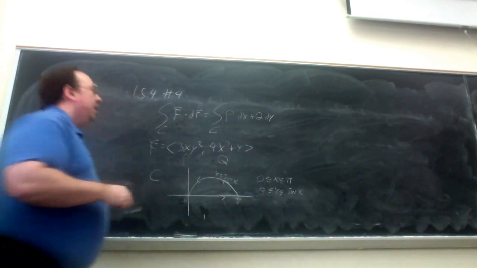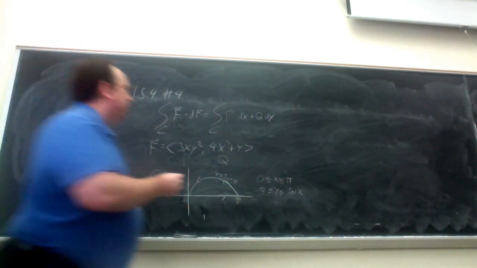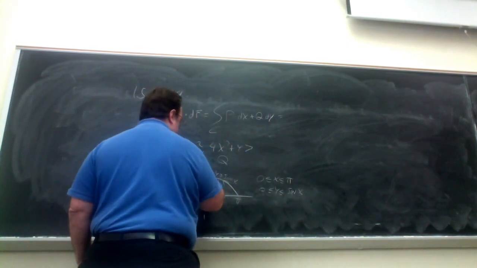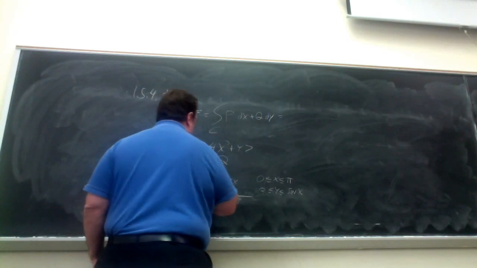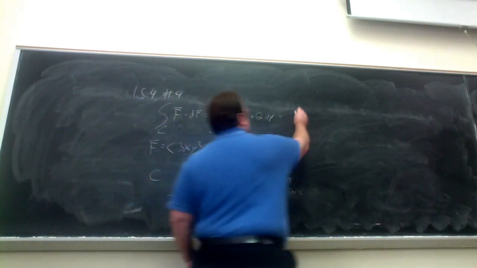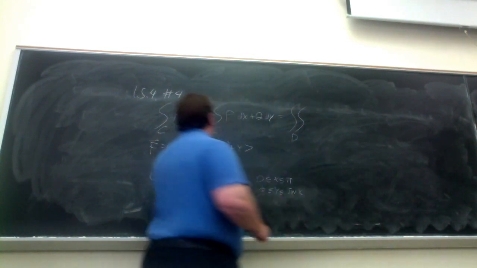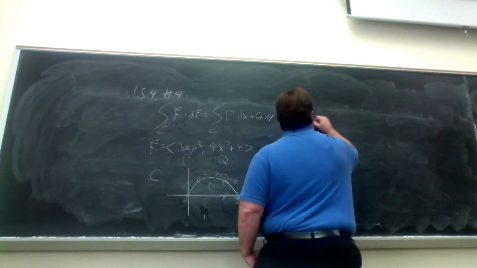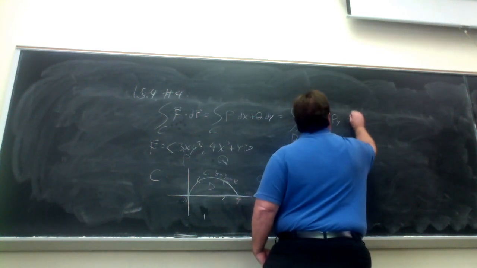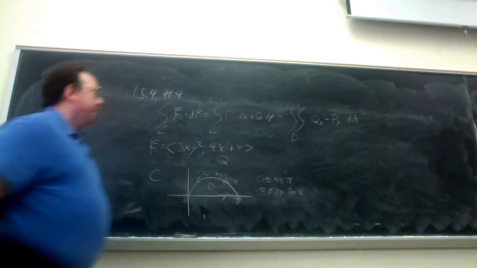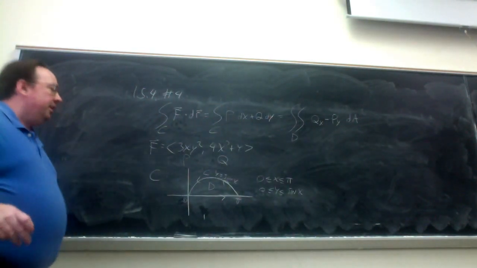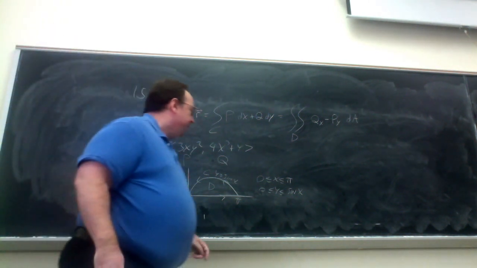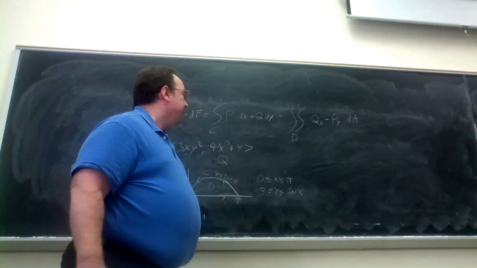But then when you apply Green's theorem, C is the boundary that includes both pieces, and D is the interior. So Green's theorem says that this integral that you want is equal to the double integral over the interior of Qx minus Py. So you're actually evaluating a double integral, and the convenient thing about this problem is the setup is given. So you would have,